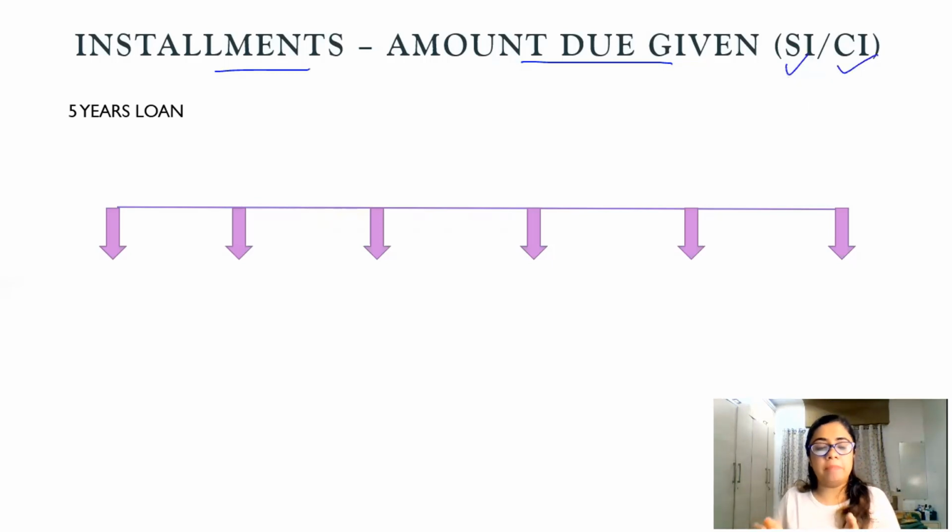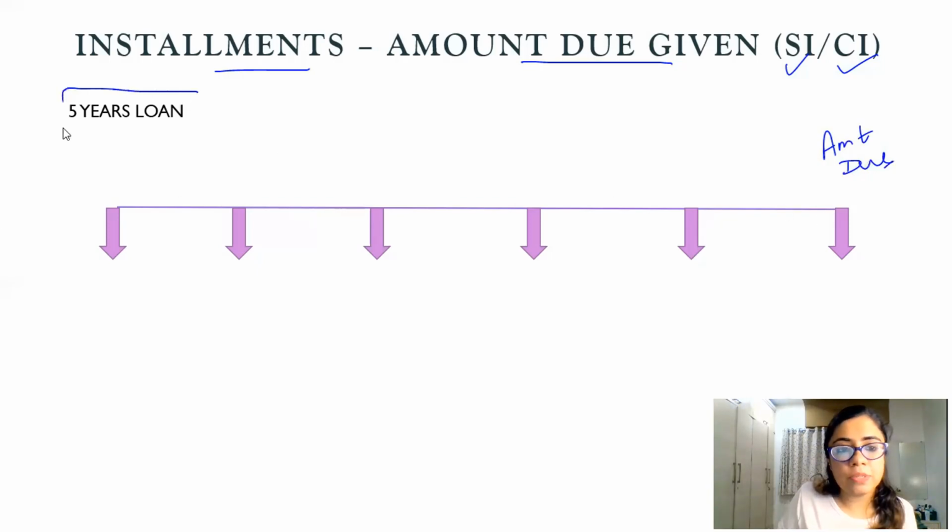So, for example, you take some loan from the bank. The bank might use compound interest or the bank might use simple interest, and they will calculate the final money which you are supposed to pay at the end of the loan period. So, that amount due is given. Let's say I will put the amount due here. Now, what is this? This is your number line.